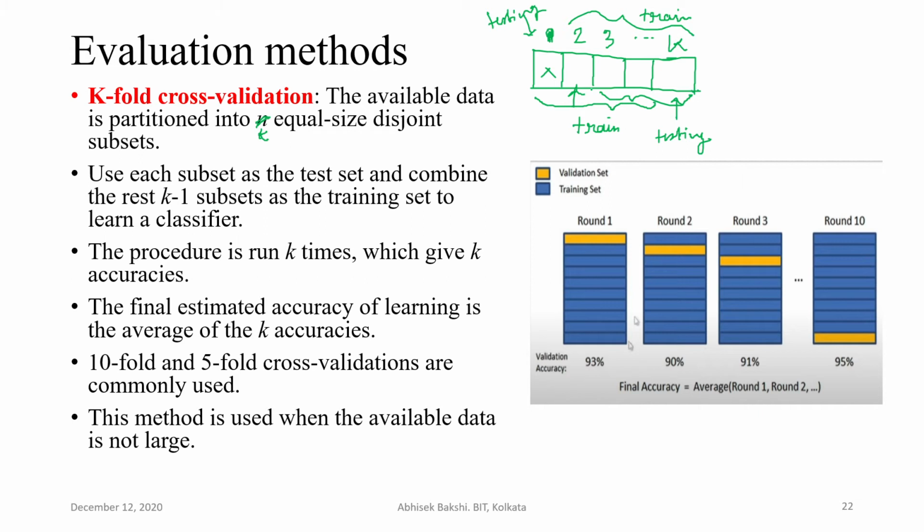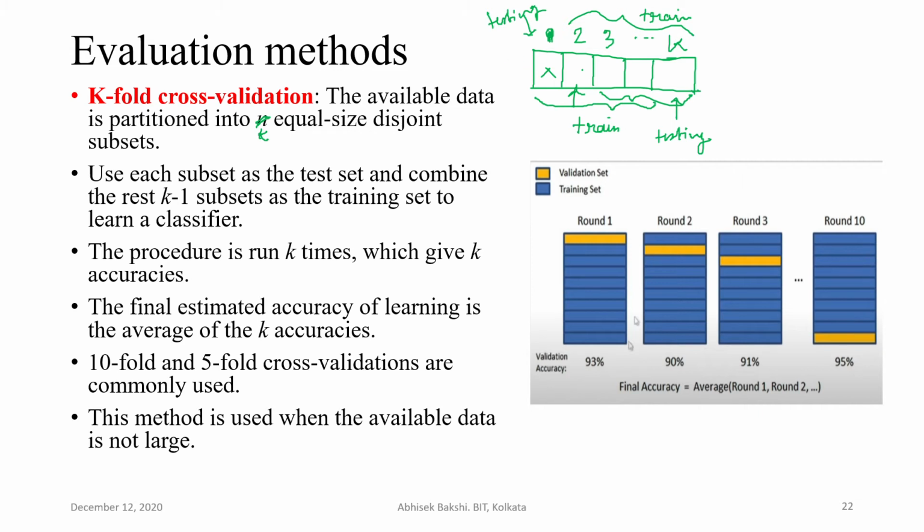And ultimately that means k number of possibilities are there. K number of sets are possible where on one side we have a testing dataset and on the other a training dataset, and we will get the accuracy k times. Now the average accuracy is considered, with respect to this average of k accuracies.